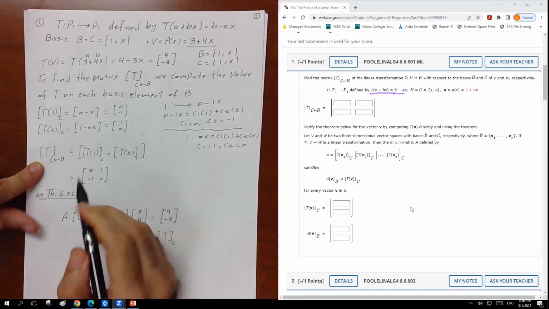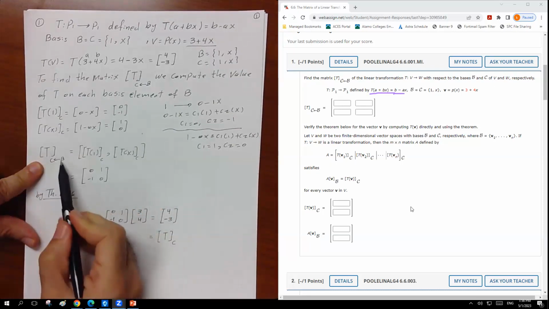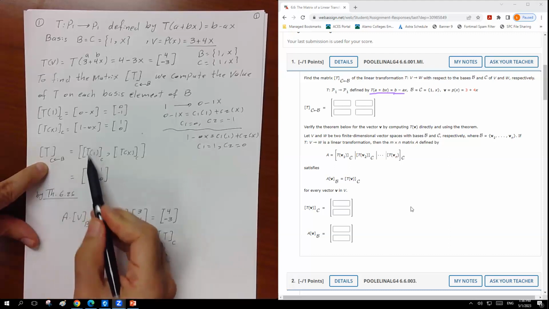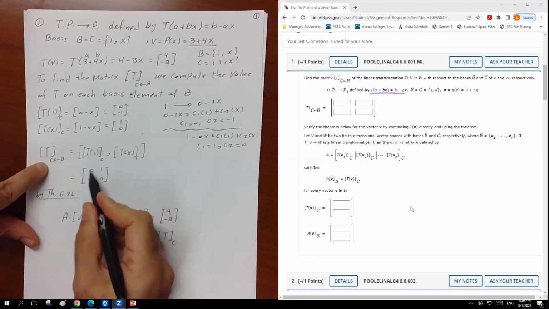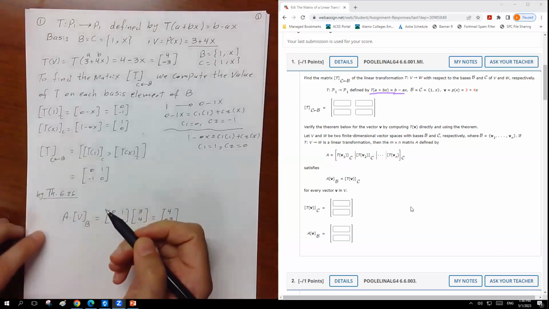That means the transformation matrix from B to C is going to be the transformation of 1 with the base C and the transformation of x with the base C, and here it is going to be the matrix with columns (0, -1) and (1, 0). So now,